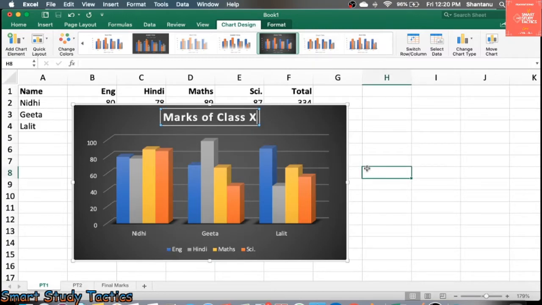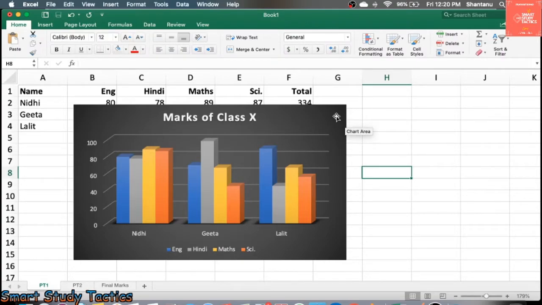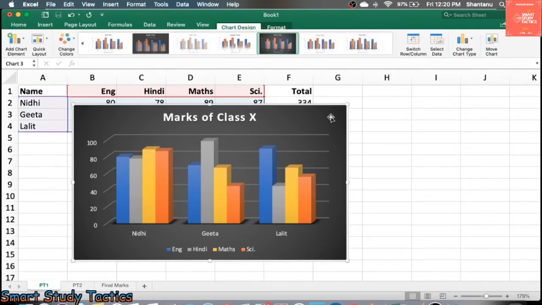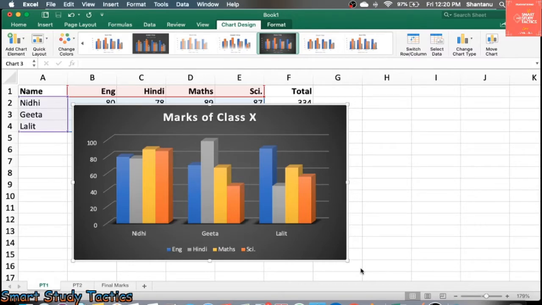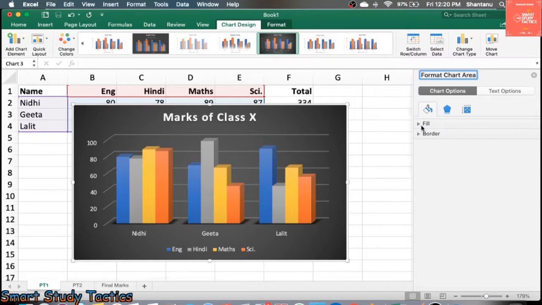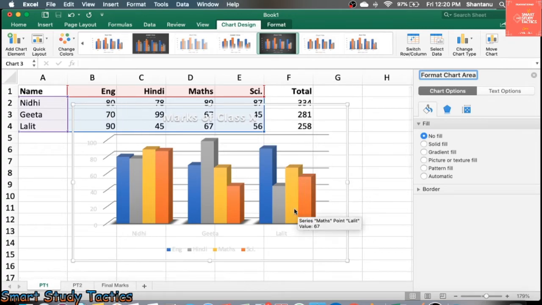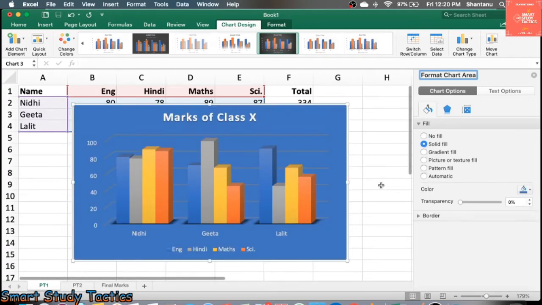Like this. If you want to make certain more changes, you have to right click just on top of the chart, right click and format chart area. Now it will show you many features. Just now the window is going to be up here. So now you can see fill color. Now you can choose no fill color if you don't want. So you can see transparent chart, solid fills. You can see a different color. You can change the colors from here.